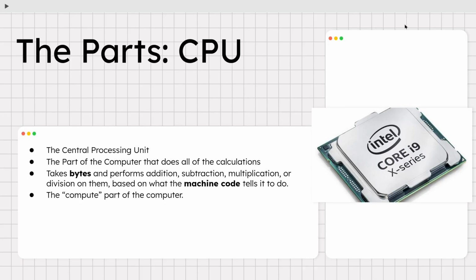Typically, your CPU is the part of the computer that does all of the core calculations, so it handles all of the math. And the kind of math it does is not complex math. Well, it is complex math. Addition, subtraction, multiplication, and division on the strings of ones and zeros, those bits and bytes. And it takes in those bytes, performs the addition, the subtraction, the multiplication, the division, and then it spits them back out to the RAM based on what the machine code, the program that you've written, the instruction set language that you've told it to do, the instructions you've given to it. It's the compute part of the computer.